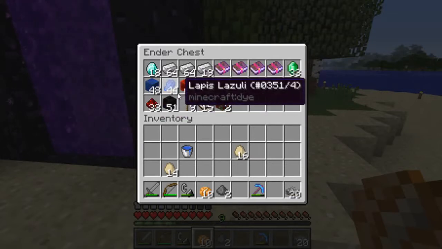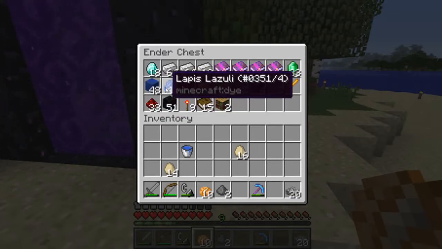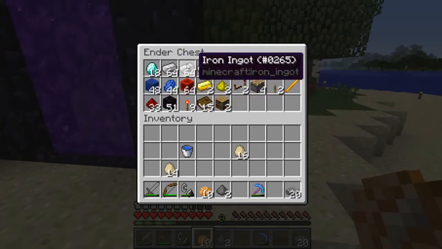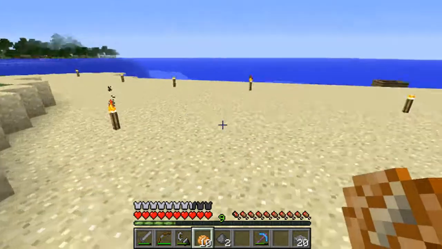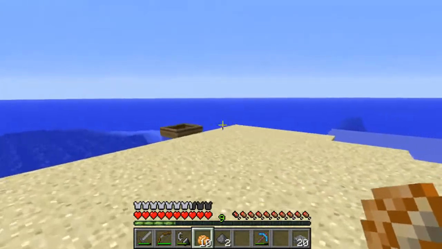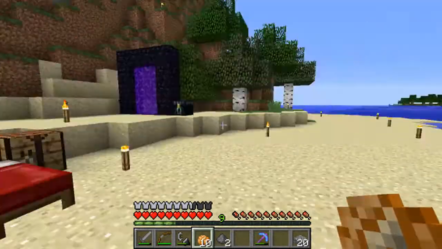We need probably some more redstone, not gonna lie. Lapis, we're doing alright. Iron, we're always going to need more iron, so we might as well get some of that. And diamonds, you want as many as possible. So, basically, where I'm going with this is I want to do some mining for the rest...